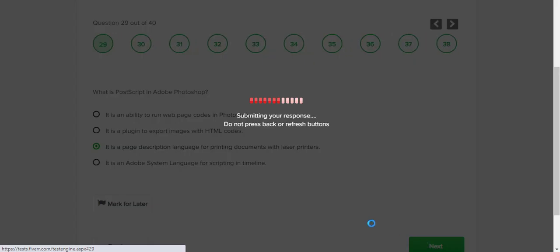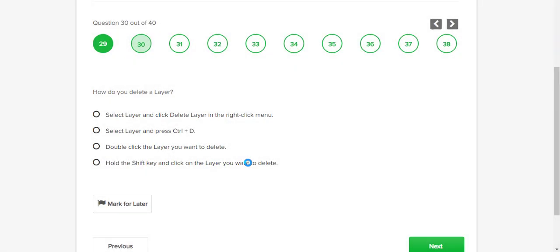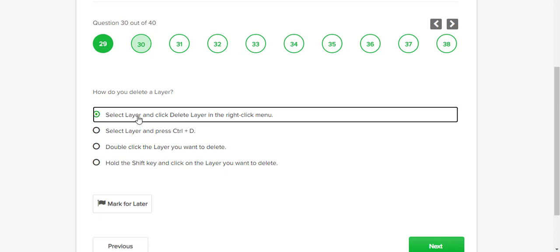And next, how will you delete a layer? Select the layer and click delete layer in the right click menu. Select the layer, press Ctrl plus D. Double click the layer you want to delete. Hold the shift key and click on the layer you want to ignore. Here our first option is correct. Select the layer and click delete layer in the right click menu. So next,